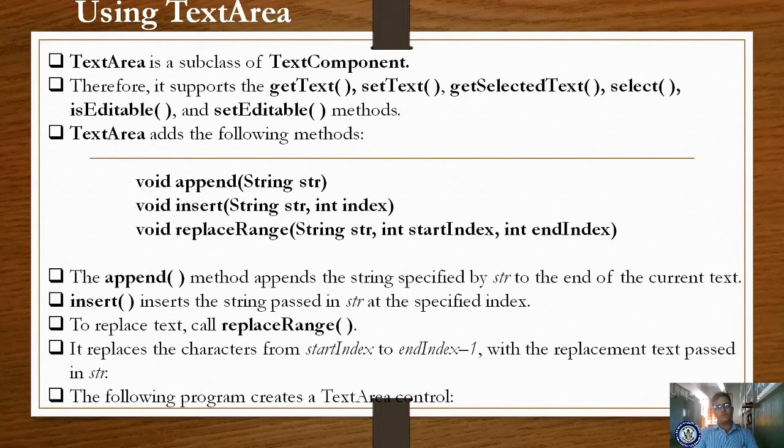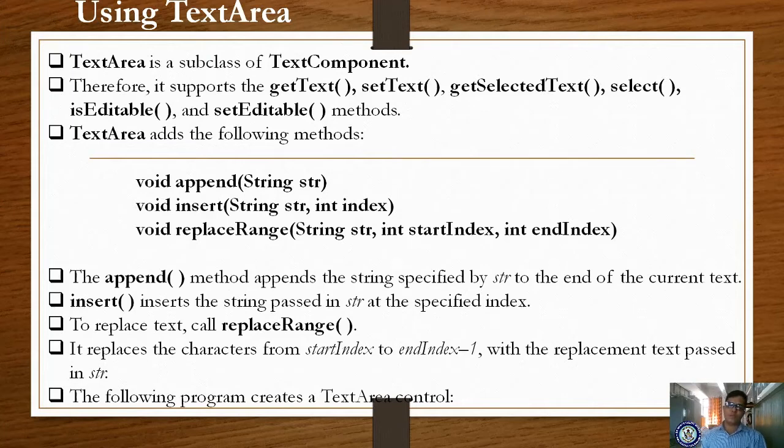Wherever the index you specified, at that location only it will be inserted. Next, void replaceRange. Here replaceRange means you are replacing the text between the starting index and ending index. Wherever the starting index and ending index you specify, whatever text exists at that location will be replaced.